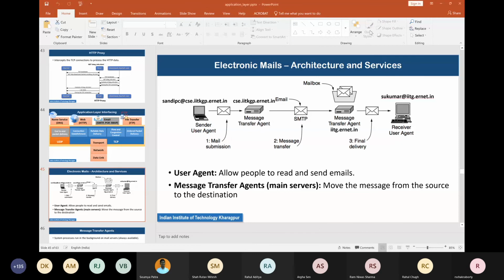VPN gives, between two parties, two remote computers, a secure channel, in the sense that all the communication between these two parties will happen in an encrypted mode, and it will happen at the network layer.